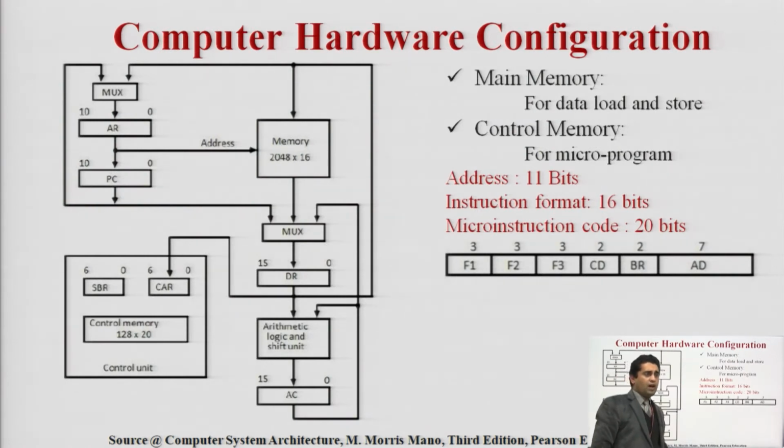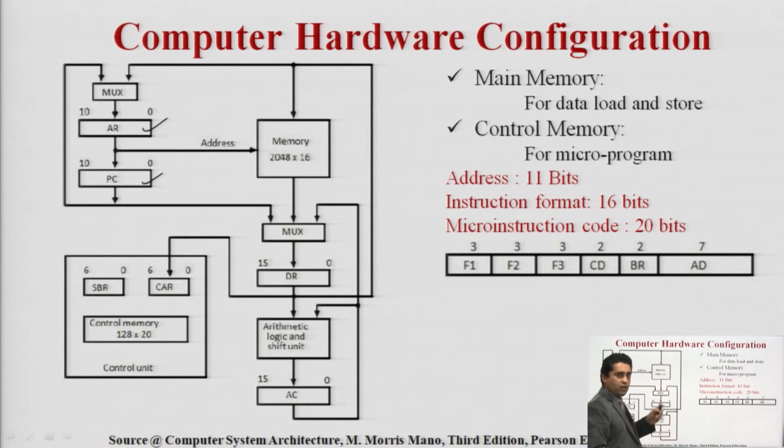Now, if I take a complete scenario, because I have discussed the CPU and then I am talking about the control unit, and in the control unit I am discussing the control memory. So basically how does it look? Here we have a complete mapping of main memory to the control memory. Main memory is generally giving us the address of the instruction, which is mentioned here in the program counter. When the data is retrieved from the program counter, the address of the next instruction execution is here, and we are storing it into the AR.